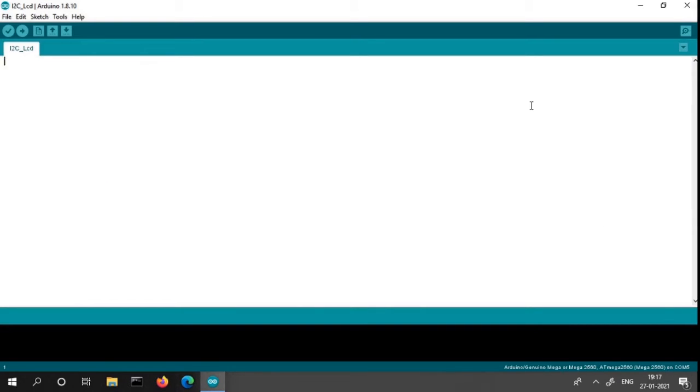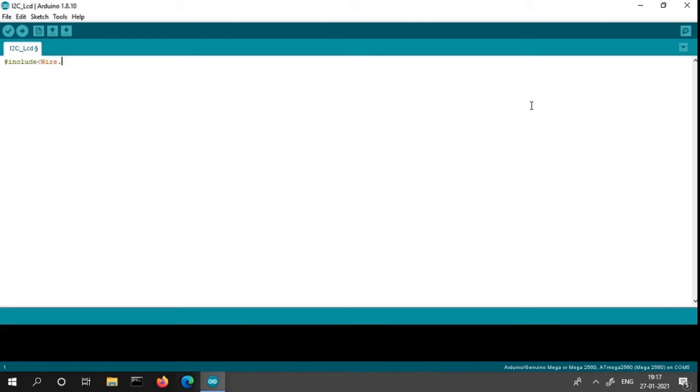Now we are going to provide the necessary code for the LCD display. We are going to include the wire library, #include <Wire.h>. This is provided for the I2C display, not for general display programming.